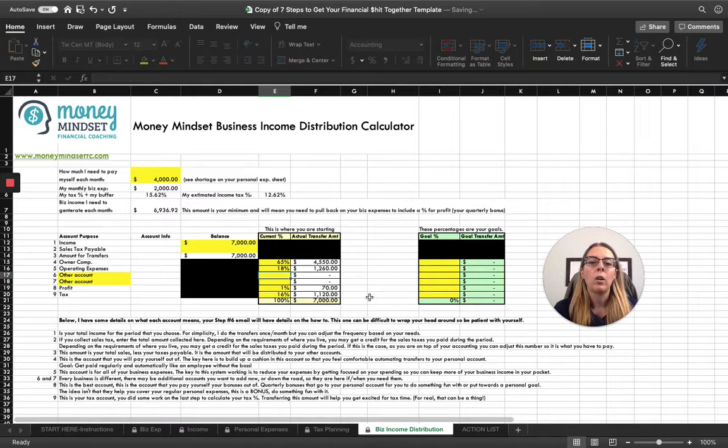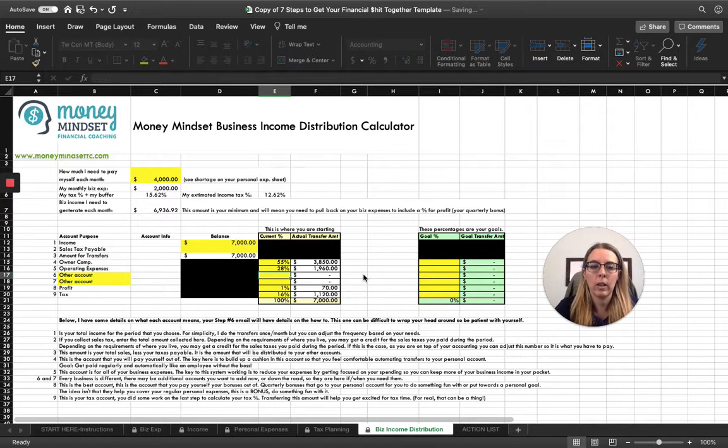So go back, have a look at your business budget, see what you can cut, get creative. And this isn't a perfect system. This is a starting point, right? So maybe 18% for your business expenses isn't adequate. Maybe you need to bring this down to 60%. Or even 55%